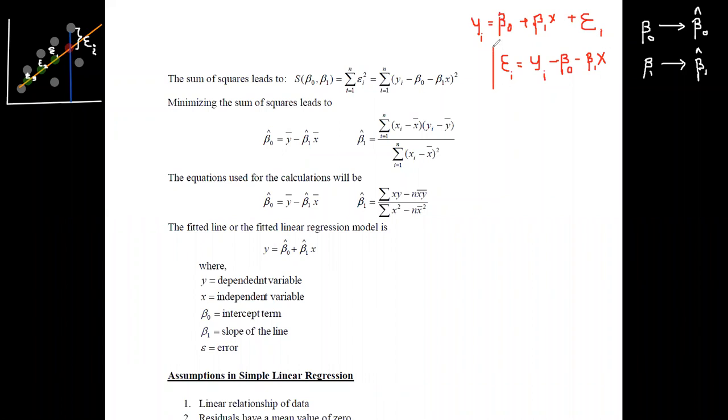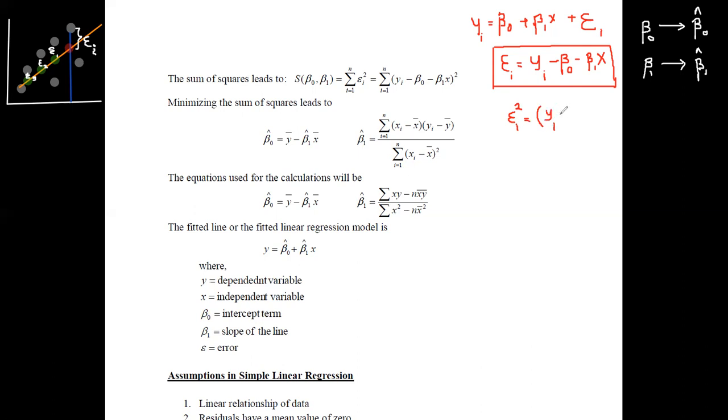Therefore, this is the equation that you have identified to obtain the values for errors. Now, since this is the observed value obtained for errors, what you need to do is square it, because we are going to take the sum of squares of the errors. Therefore, first of all, you have to square this, and you can obtain an equation for epsilon i squared.